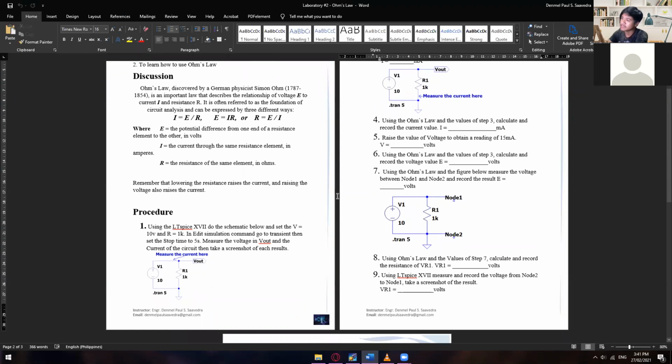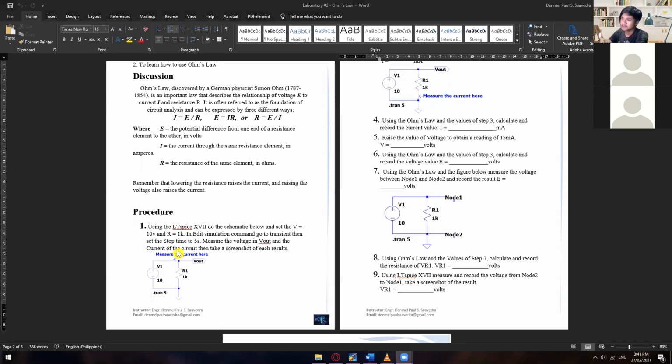Just put the answer below the number. Are we clear with that? Hello, guys, have you understood? Yes, sir. Okay, again, just put the screenshot below that number if it asks for a screenshot of your